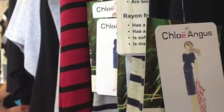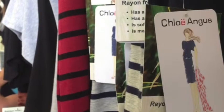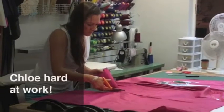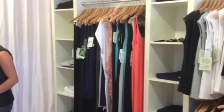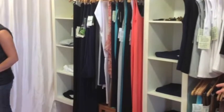Chloe Angus is a successful designer raised and educated in Vancouver. At a young age, Chloe had a passion for fashion. Just fresh out of Helen Fox Fashion Design School, Chloe began designing for the Bay in their featured local designer section. Chloe had the creative flair the Bay was looking for, but did not have the manufacturer knowledge base needed